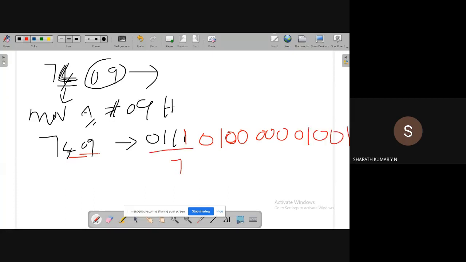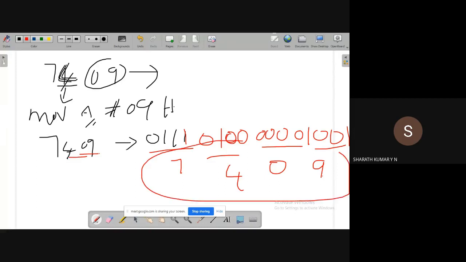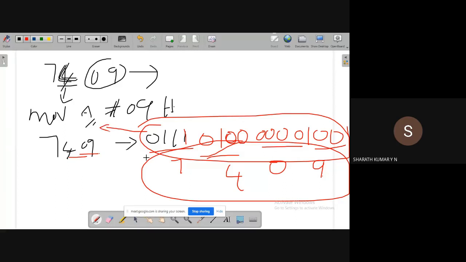So this is 7, this is 4, this is 0, and this is 9. This data, which is nothing but the binary representation of the instruction, is called operational codes. In short, we call them opcodes.